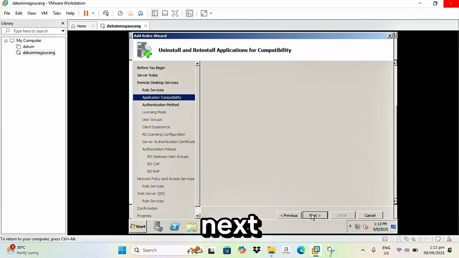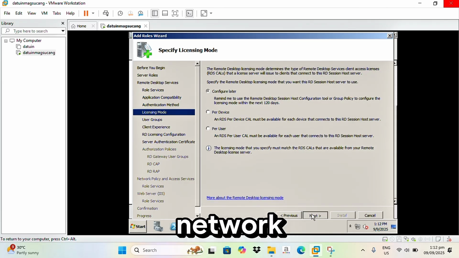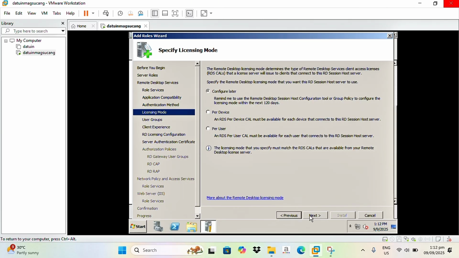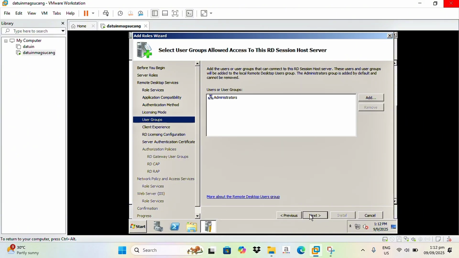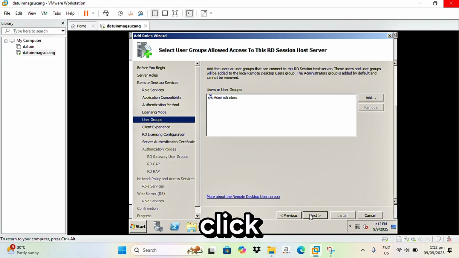Just click the next button. Then under the authentication method, let's choose do not require network level authentication. And then click next. And then in user groups, just administrators only, then click next.